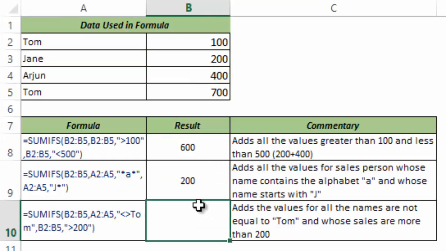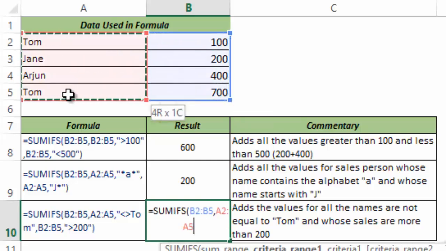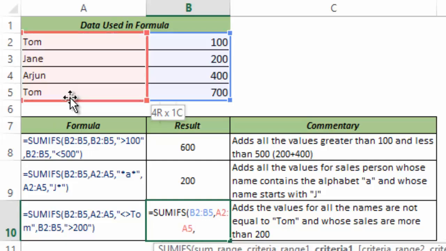Alright, now let me show you another example of SUMIFS. In sum range, I again choose these values, and in criteria range I choose these names, and my criteria is it should not be equal to Tom.